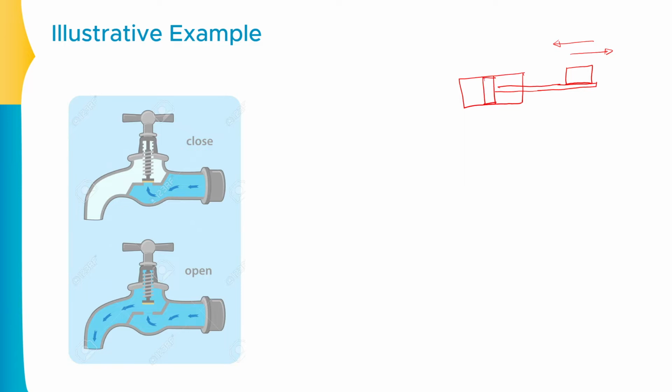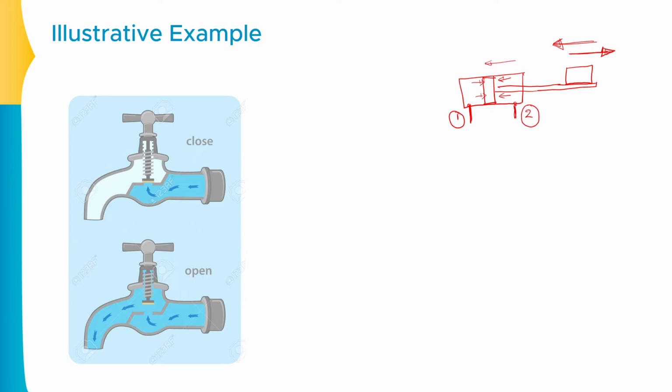Now, whenever this load is to be moved in the right direction, I need to pressurize the left side of the piston. So this point has to be pressurized. Let me say this point is number 1, and the pressurized point will move this piston in the right direction. Whenever I want to move in the left direction, I need to pressurize this specific right side of the piston. So the piston will move in the left direction and ultimately the load will be moved from right to left. Let me say this is the second position.